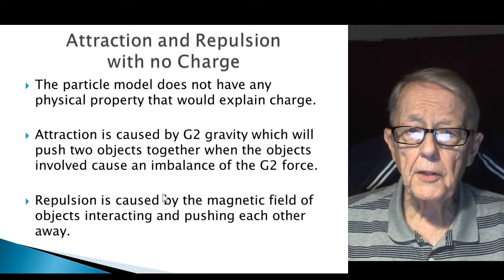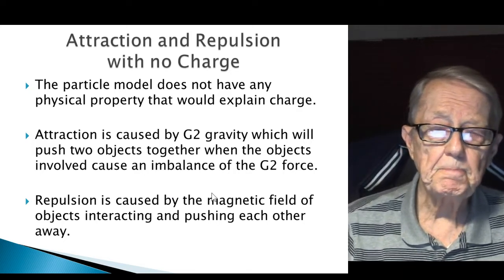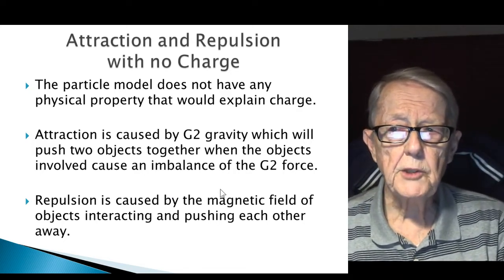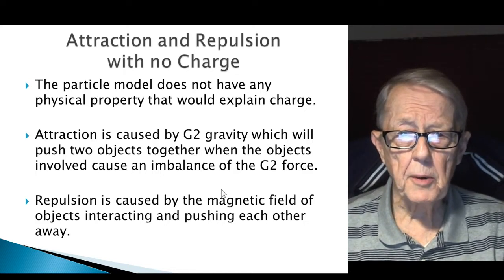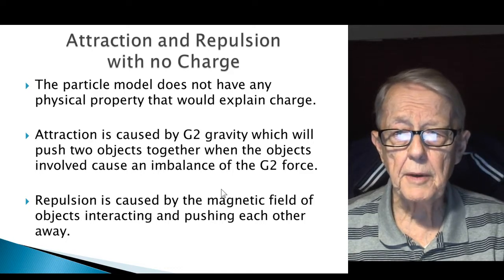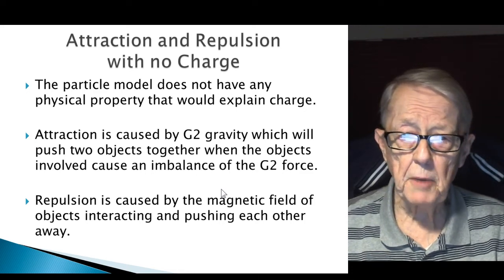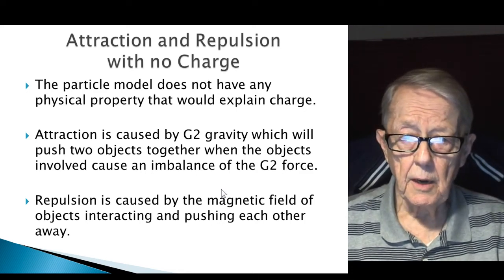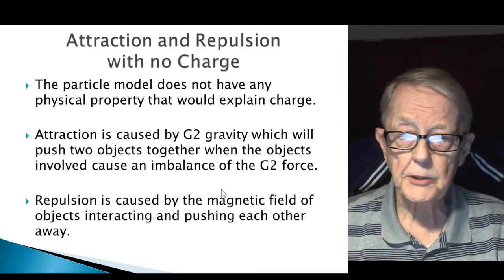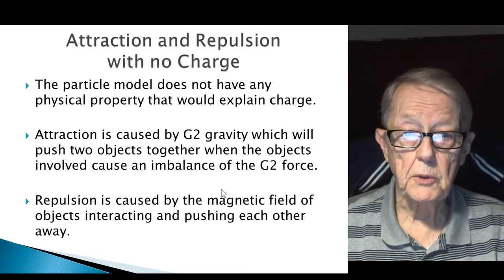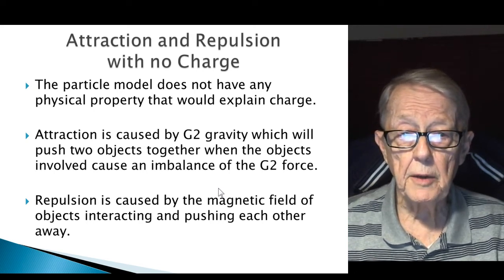Okay, now the thing that's difficult with the particle model is the attraction and repulsion without a charge. Again, the particle model does not have any physical property that would explain charge. It doesn't matter whether you label it plus or minus, red or green, round or square, nothing of those descriptions would cause it to move. Now, attraction in general, the one thing we have in the particle model that causes attraction